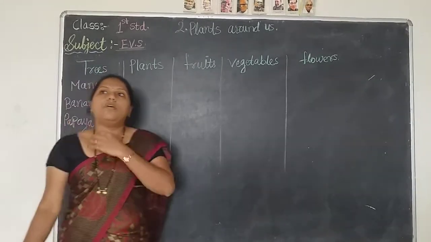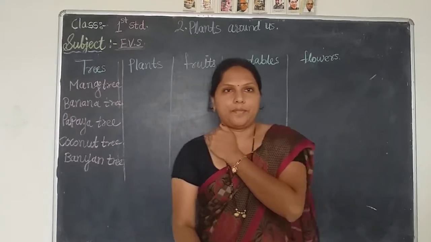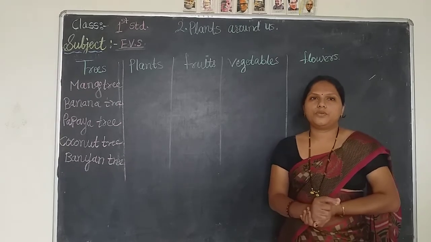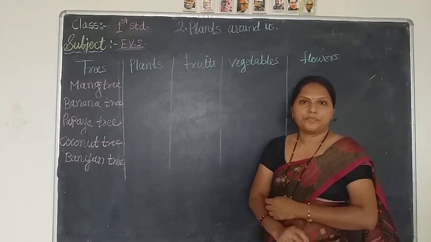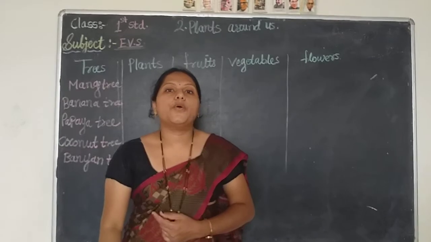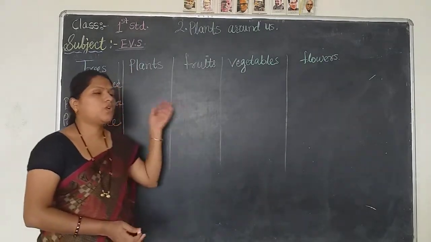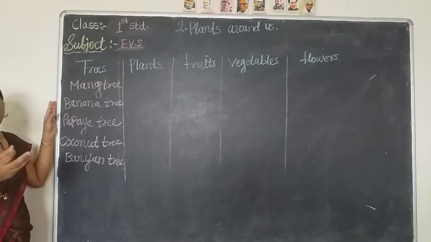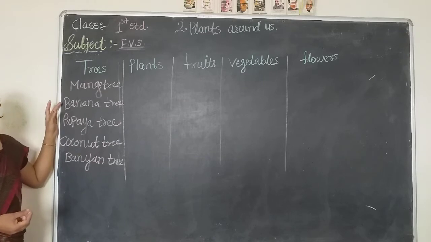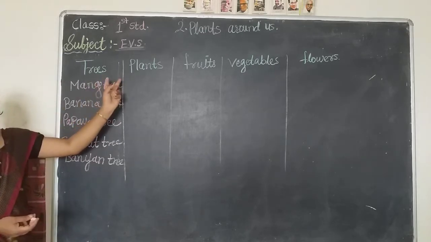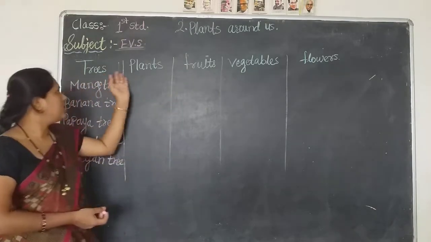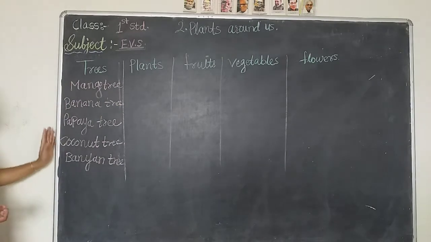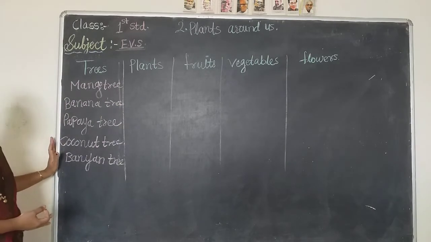While you are walking on the road in the afternoon time, if you are tired, where do you go for a rest? You go to trees. Trees give us shadow. Uses of trees means trees always give us shadow. They give us different types of fruits, vegetables, flowers. Trees and plants, both of them give us these three. What do trees and plants give us? Fruits, vegetables and flowers. So trees give us shadow, shelter.